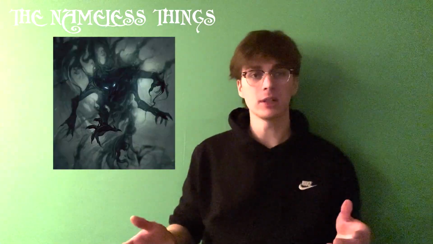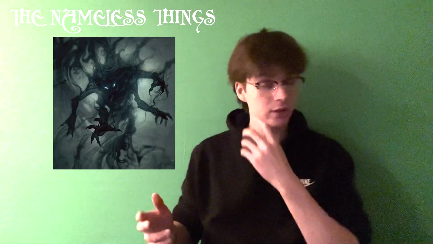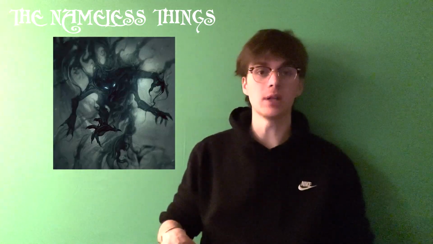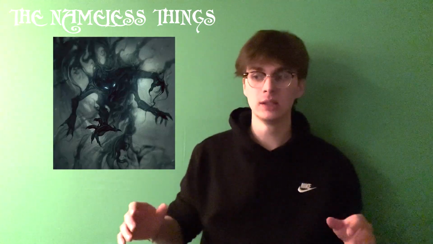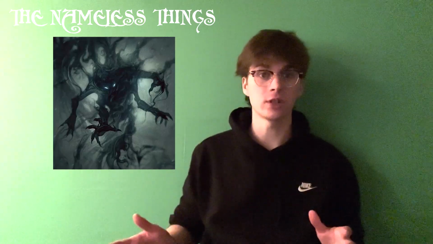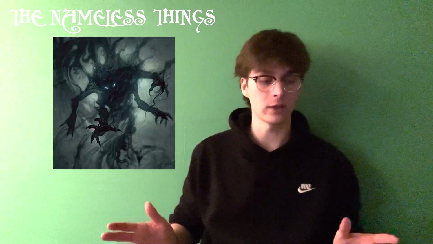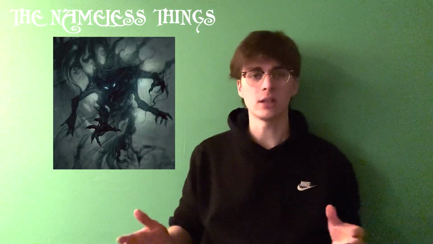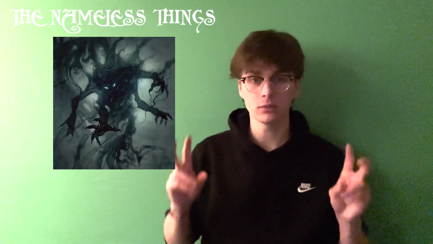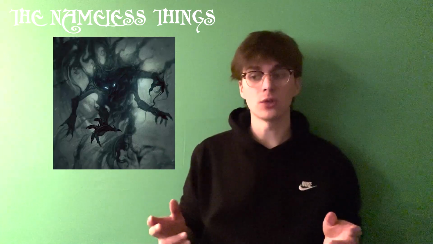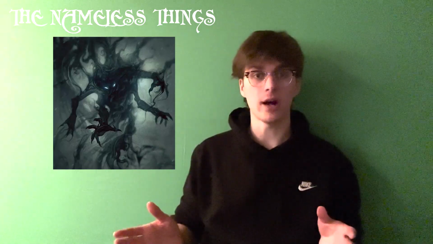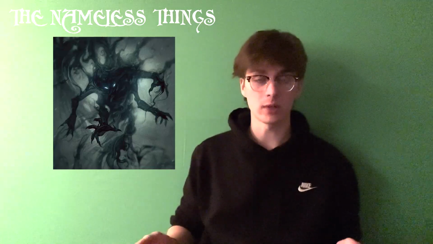So up next is the Nameless Things. The Nameless Things were creatures that were said to dwell way deep down in the earth, way below Arda, so far that the dwarves couldn't even recognize them. They've never heard of them before. They are also said to be old gods that could have even been on Arda for longer than Morgoth and the Valar, which would put them extremely old, seeing as the Valar were one of the first things to come to Arda.